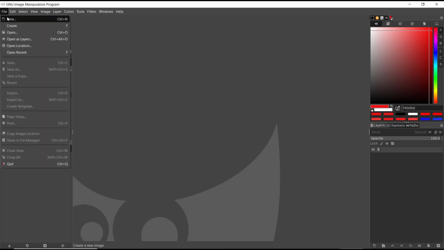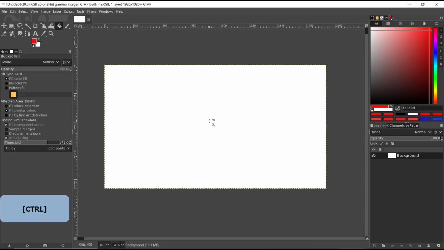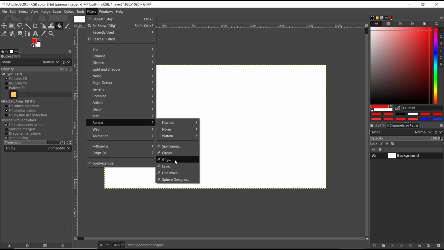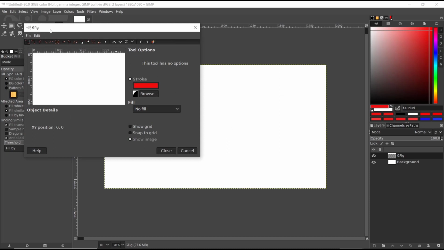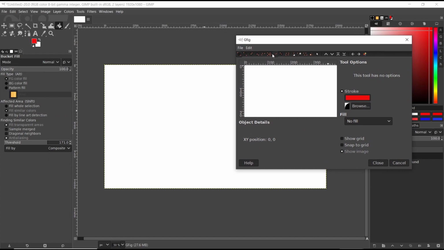I will create a new file, and to draw a hexagon we can use the render tools. You can click Filter, go to Render, and then we use GIMP tools. After that we will show the GIMP dialog box, and to draw a hexagon you can choose these icons, create